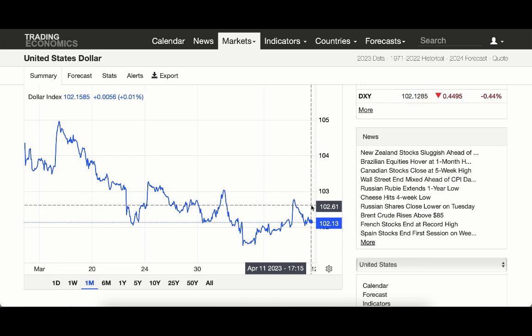Which makes sense because, again, if you figure that 1A, 1B, the dollar DXY and the 10-year treasury, kind of move in tandem a little bit, right? So if you're selling off your bonds, that means the yield is going up, the price is going down, and people are moving that cash somewhere, right? A lot of times they're just in cash. They're making this trade in and out of